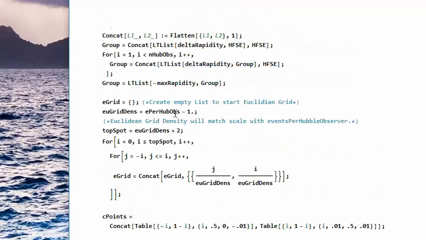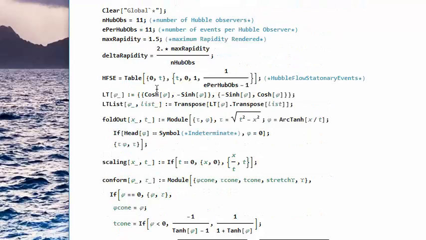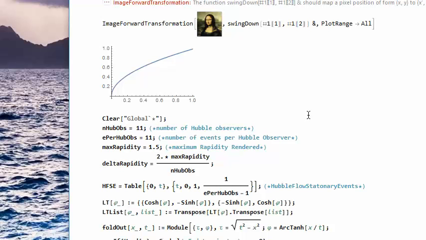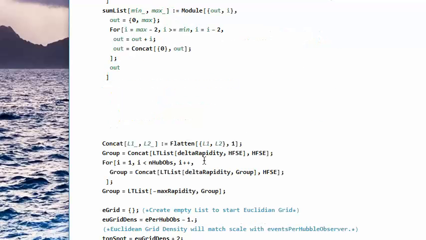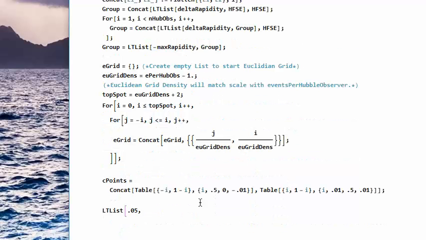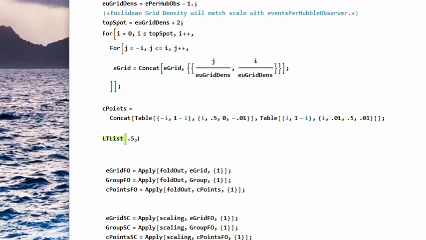Let's see. We have a max rapidity of 1.5. If we made that 1.0, we could make a real dramatic one. Let's change that to 1.0, because I know that it runs into errors if we make that too big. So I'm going to do a Lorentz transformation of 0.5. That's approximately half the speed of light. So we're going to Lorentz transform everything